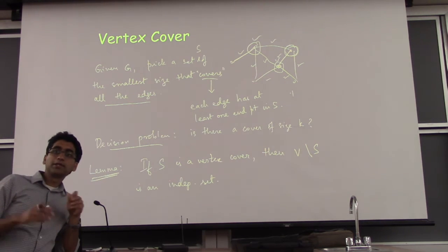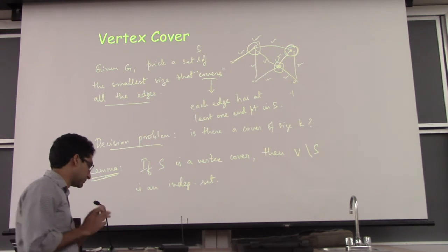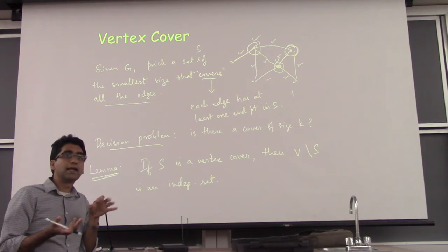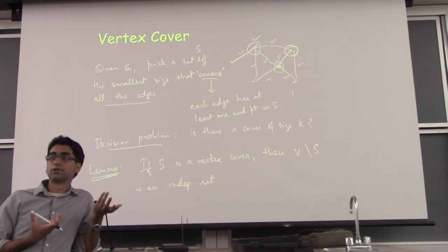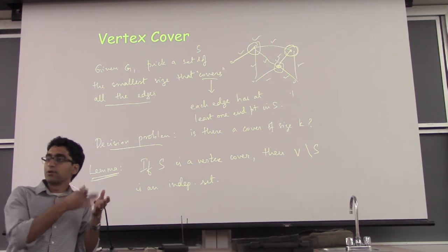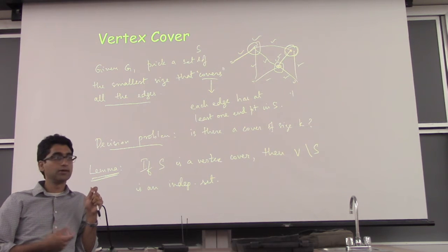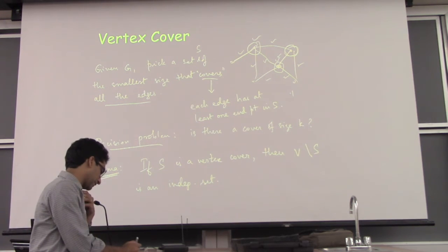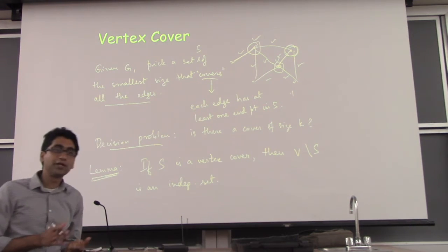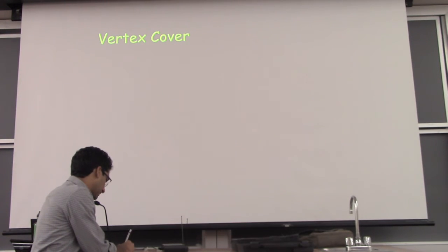Note that the converse is also true, right? If you have some set S such that V minus S is an independent set, then S has to be a vertex cover, because all the edges in the graph must have at least one endpoint in S. So this is an easy if and only if statement. And this gives a reduction from independent set to vertex cover. Okay, so I want to claim that